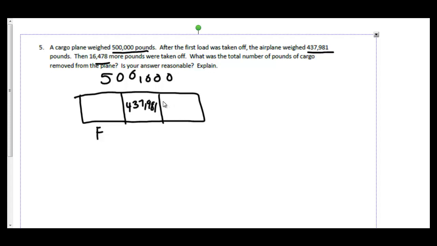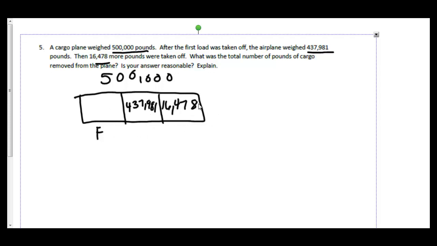And then 16,478 more pounds were taken off. What was the total number of pounds of cargo removed from the plane? Is your answer reasonable? Okay, so whatever F was, plus whatever the plane weighed after F was taken off, plus the 16,000 is going to give me the whole